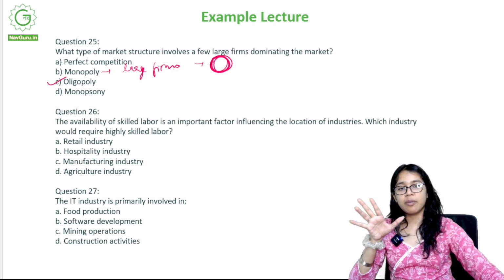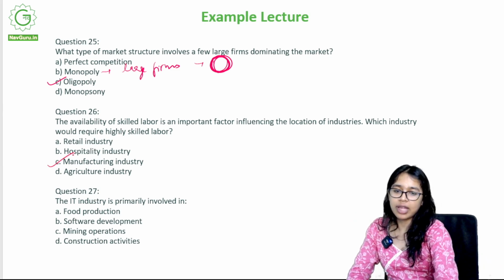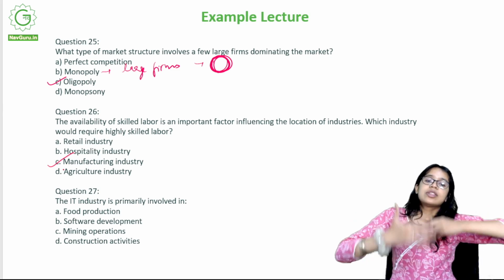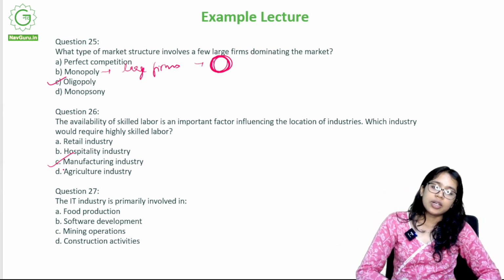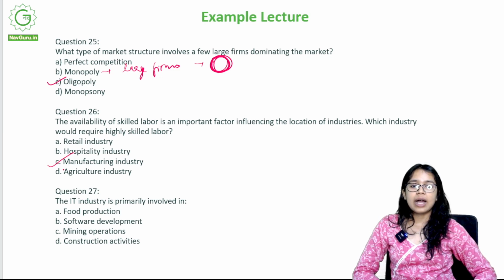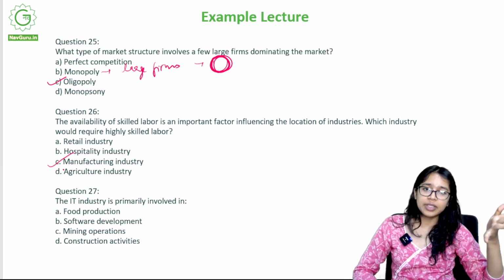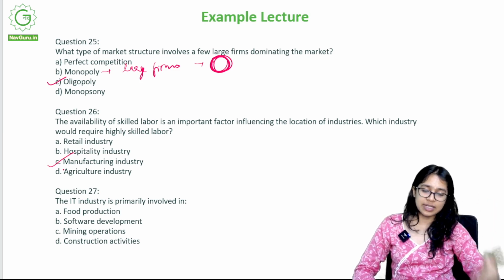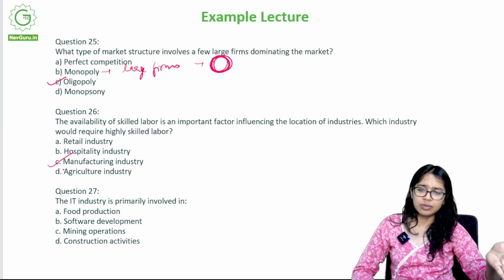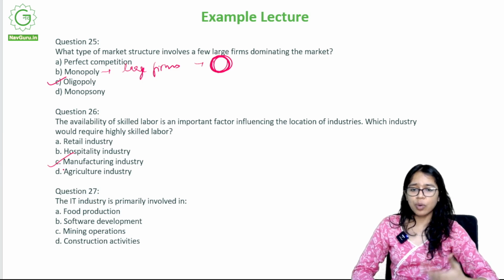Manufacturing industry is somewhere where you require highly skilled labor, because there a lot of things can come in. It can come about the technicalities of what is required or something like that. Okay. And agriculture industry in itself is a relatively unskilled labor intensive industry, where if skilled labor is necessary, it's always readily available, and it only gets better with experience and more time.